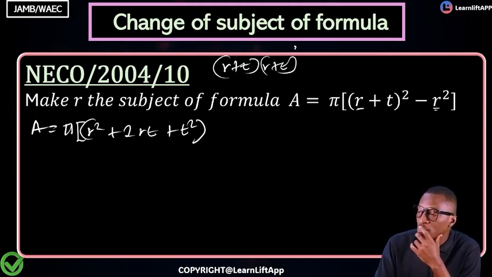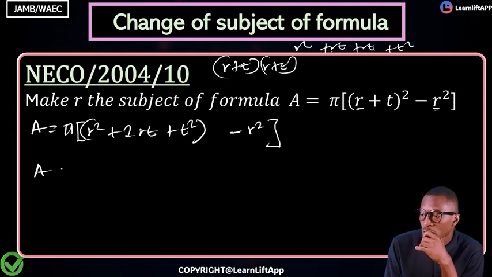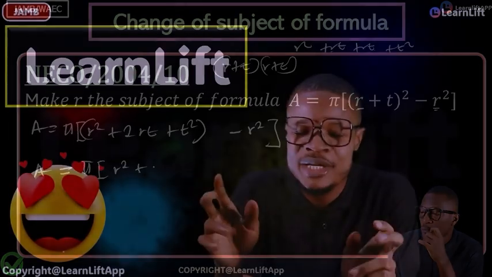r times r will give us r squared. This will give us plus rt. This time this will give us plus rt. This time this will give us plus t squared. So that will become r plus r, that's 2rt, and that's all we have here. So minus r squared. So this now gives us A is equal to pi into r squared